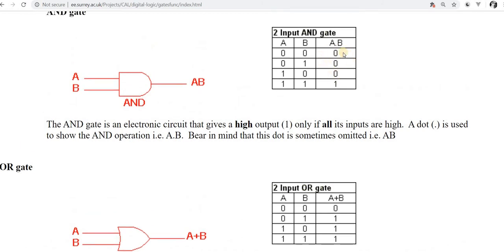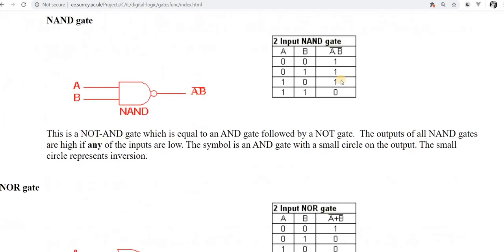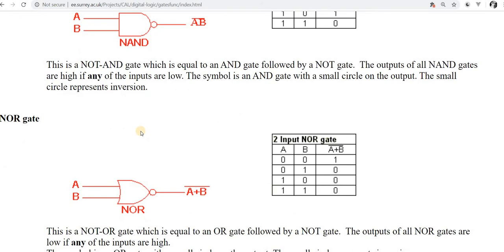That is NAND gate. These zeros will become 1 and this 1 will become 0. So this is NAND gate because NOT plus AND, we are applying NOT on the output of an AND gate. Similarly NOR gate, NOT plus OR. If we apply NOT gate to the output of an OR gate, then we'll get the output like this, the inverse form of the OR gate. So this is NOR.